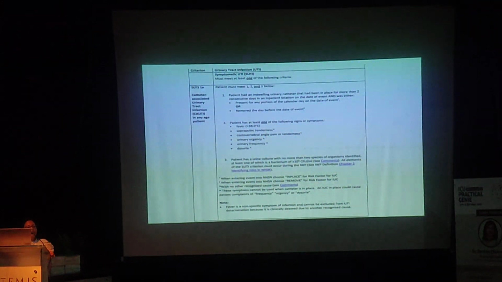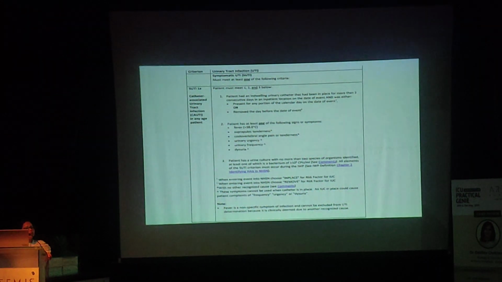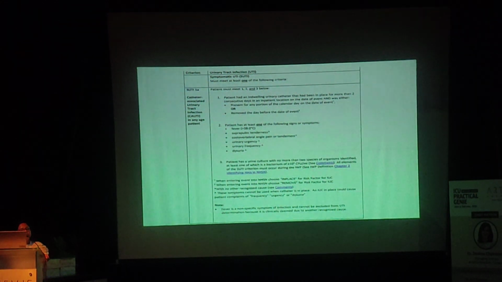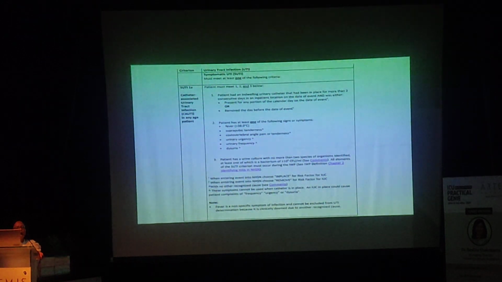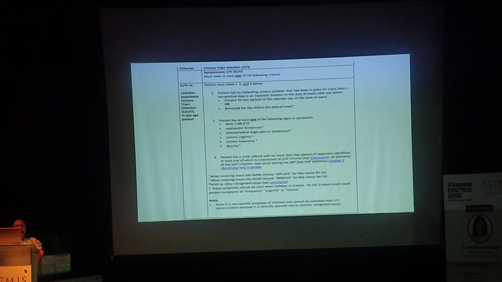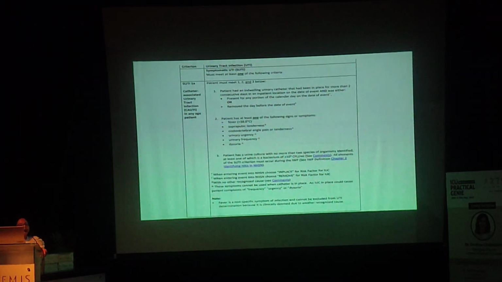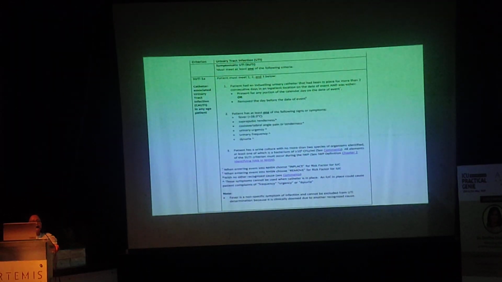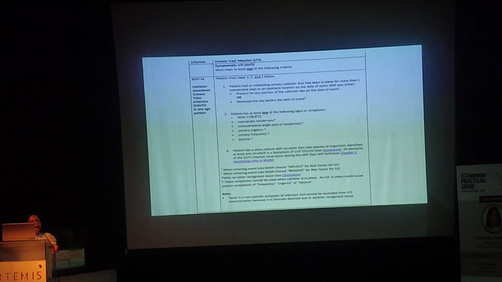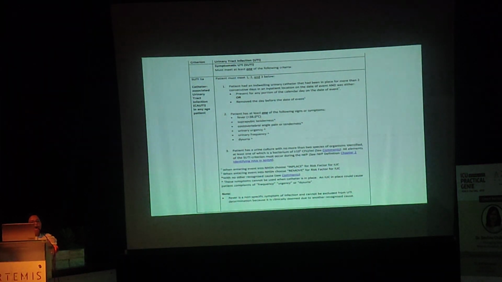So, as I already said, urinary tract infections can be symptomatic or asymptomatic. In symptomatic urinary tract infection, it is the CDC NHSN guidelines that I will go through. Symptomatic urinary tract infections are divided into 2 parts, SUTI 1A and 1B criteria. In 1A criteria, the patient must meet 3 conditions. First condition is